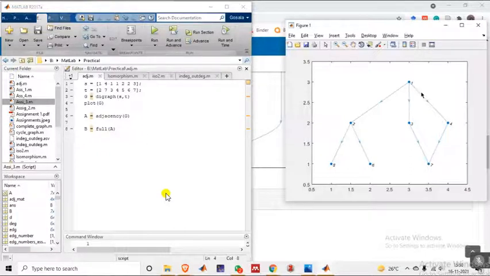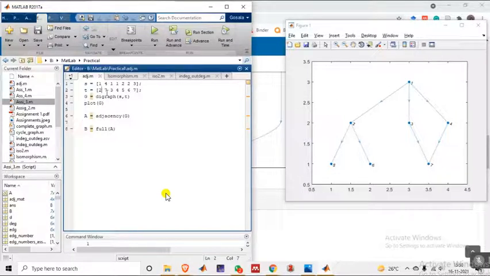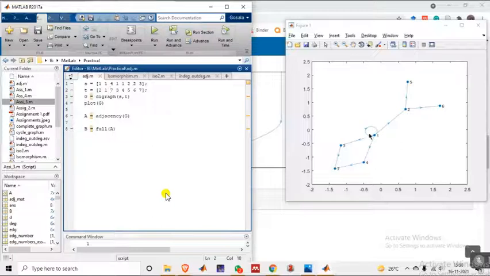So in that, how will you be filling the values? If there is a self loop of any value, as you notice here, there is nothing the same in the source and the target. Let me change this one here. I'll add one more, one here and one here. That means from 1 there is an edge going to 2, and from 1 there is an edge going to 1 itself. When I run it again, you can see that here there is a loop, a circle which has come at the point 1.